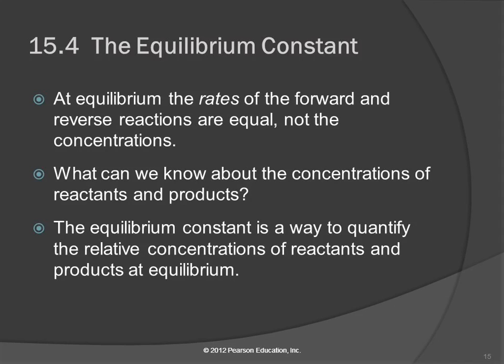The equilibrium constant. So at equilibrium, the rates of the forward reaction and reverse reaction are equal, but the concentrations are not. How can we figure out what the concentrations are, and how can we predict what's going to happen? Well, the idea of an equilibrium constant is what we've come up with to quantify the relative concentrations of reactants